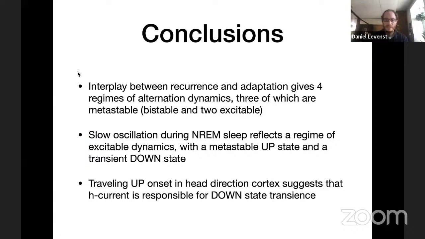Okay, so conclusions. The interplay between recurrence and adaptation can give 4 different regimes of alternation dynamics, 3 of which are metastable, so we have a bistable and 2 excitable regimes. The slow oscillation during non-REM sleep best matches one of these excitable dynamic regimes. So it has a metastable up state with a transient down state. And what we find when we look at the head direction cortex and the fact that we see this traveling up state onset suggests that the H current might be the responsible player for downstate transients rather than